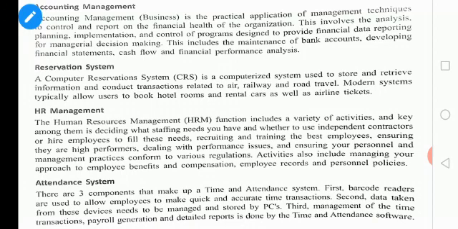Like this, there are three components that make up a time and attendance system. First, barcode readers. Did you see the barcode? Where can you see these barcodes? If you visit the supermarket and buy some products, at the back of the product they will give a line-based thing. That is the barcode. If the cashier clicks the optical reader over that, it will encode the object in it, what the price of it is, isn't it? Do you remember that? That is the barcode.